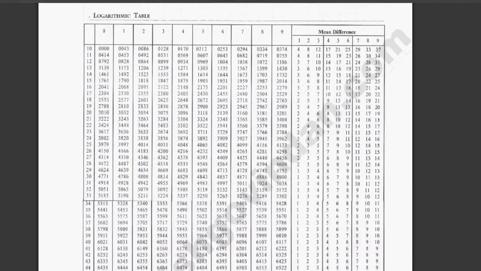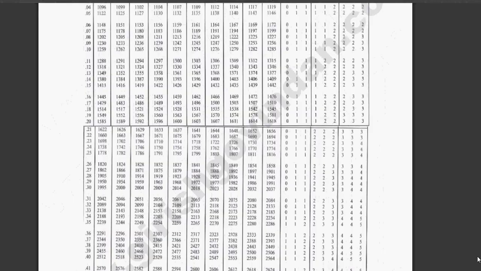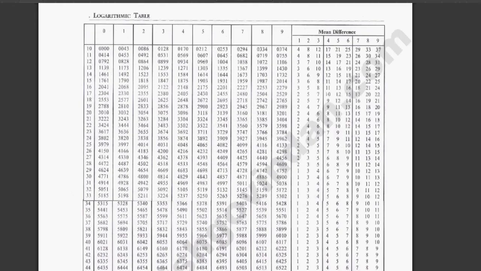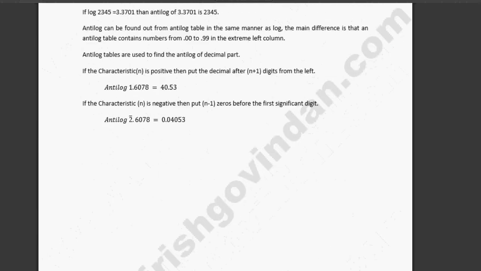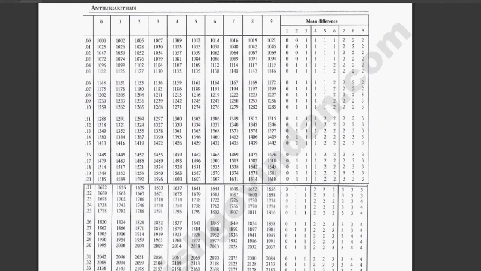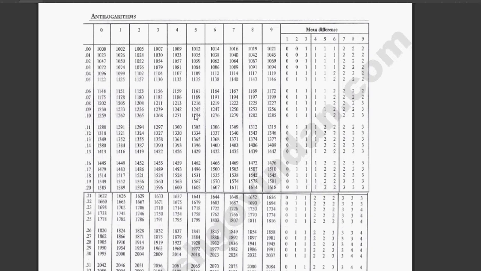So once a complex calculation is there, they used to find out the log values of the numbers from this table using logic. Once you get the log value, then you go to the anti-logarithm table. See here, there is another table by the name anti-logarithm. Maybe I haven't gone there. I'll just show it to you. You can see here anti-logarithms. So you apply logarithm, find the value from the table, then go to another table, the anti-logarithm table, and find out the value.